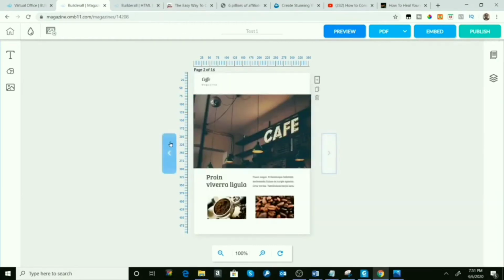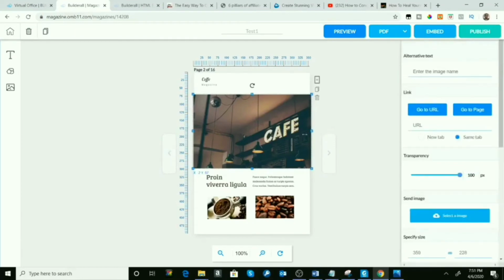So okay, you go through here. I think I like everything on the front. So okay, let's say I want to change this picture right here. Let's say this is just a plain picture. I want to change this up. I like the way the picture looks, the placement and everything. That's cool, the wording, but I want to just change this picture. So I'm gonna click on it, right? And all you got to do is, it says